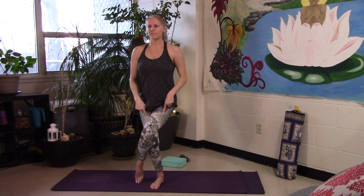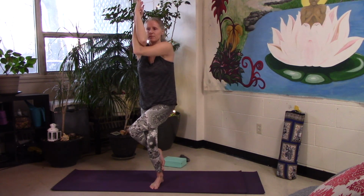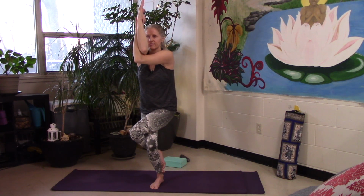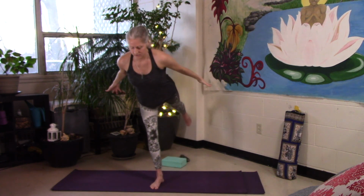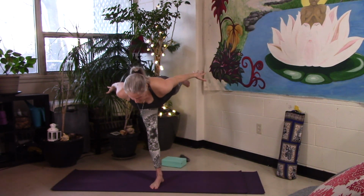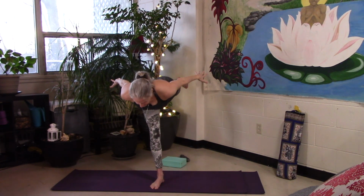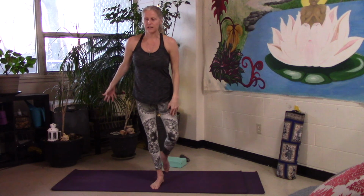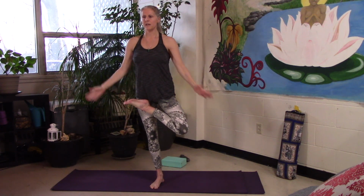Eagle pose, bending the right knee, crossing the left knee, either supporting with the toes or wrapping the foot, right arm over left arm, send the elbows forward and sit back. Good, then we'll release this into warrior three, send that left leg back, back up, bringing that left foot below, above, or in front of that thigh, hands together at the heart,